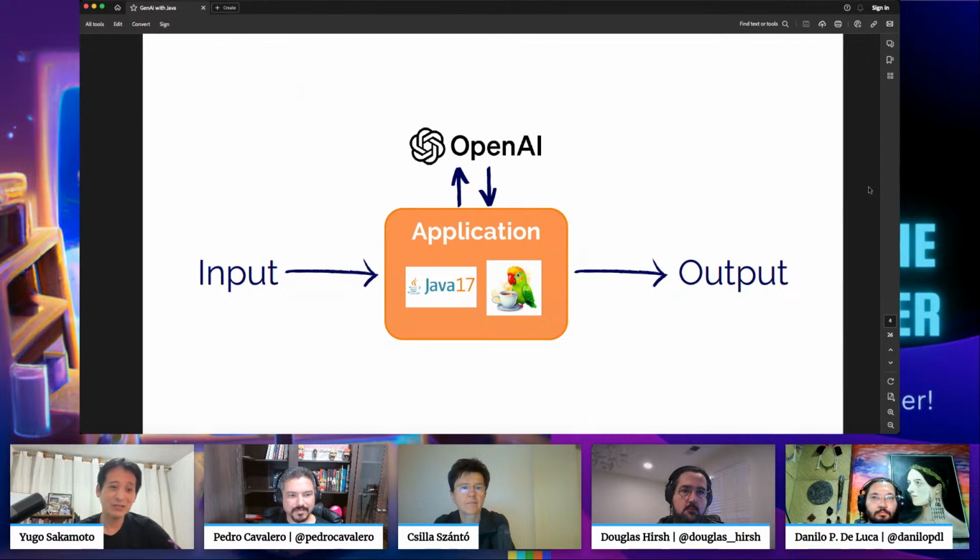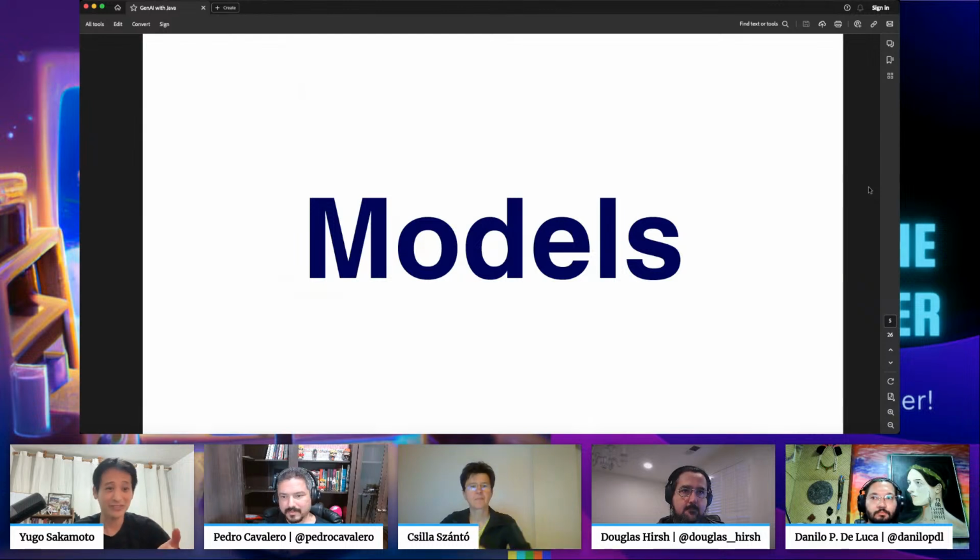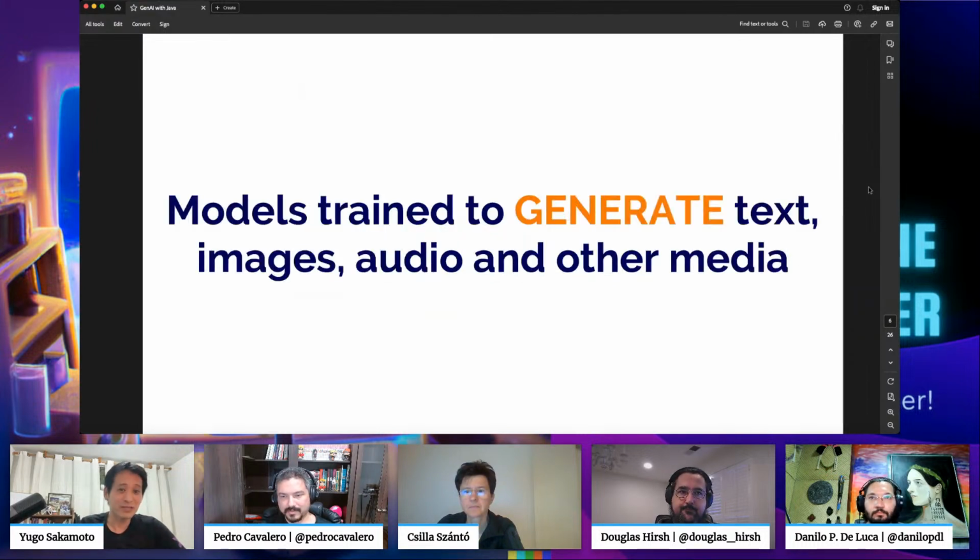The first concept that is very important is models. Every time I'm working with artificial intelligence, behind the scenes we are working with some models. For large language models, we have plenty of models available, and they are all pre-trained to generate something. The generative in generative AI comes from the idea of generating things. We generate text, images, audio, and now you can also see videos generated from those models.